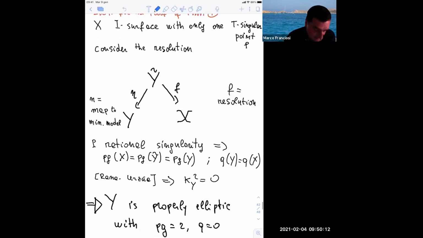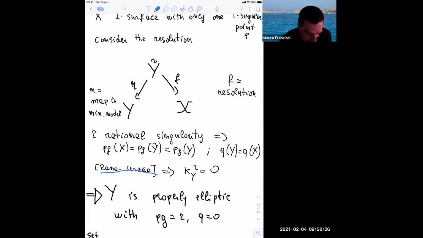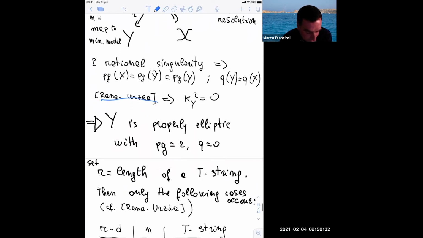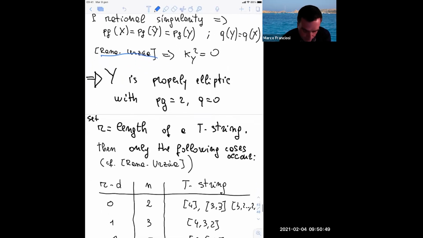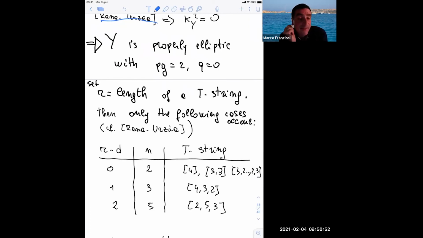And the results of Rana and Urzúa give us that K_Y squared is equal to 0. So putting all these things together, we see that Y must be a properly elliptic surface with pg equal 2 and q equal 0. Moreover, setting R the length of a T-string, then using the result of Rana-Urzúa, we have that only the following cases occur. We have a bound for R minus D, and if it is 0, then the index